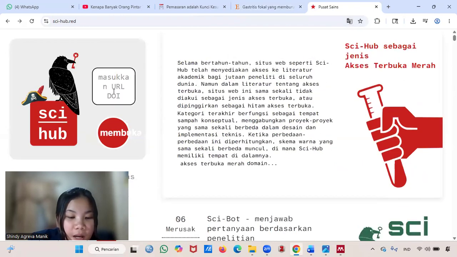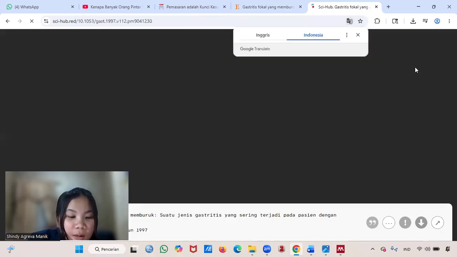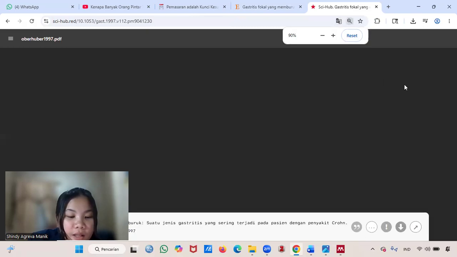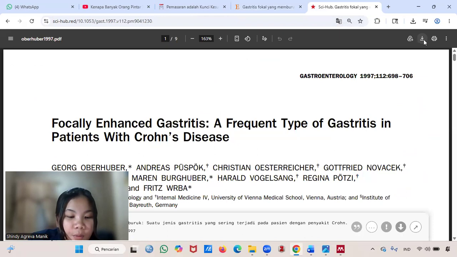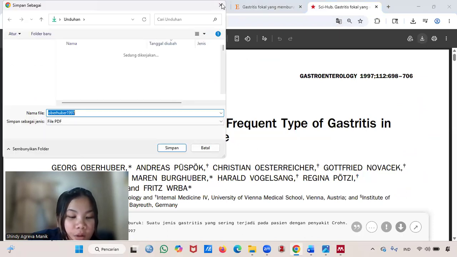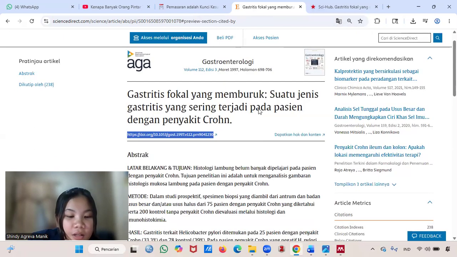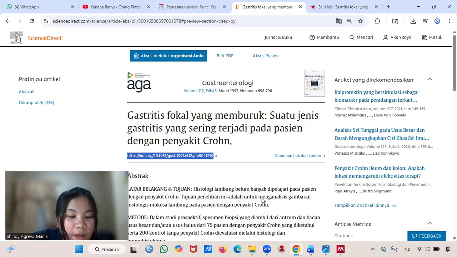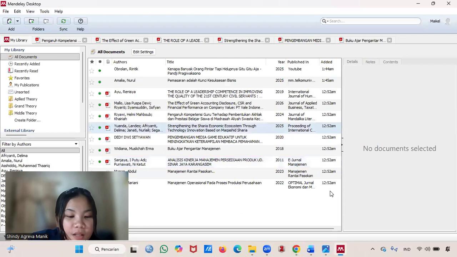Once the PDF is available, you can download it and upload it to Mendeley using the add file method we discussed earlier. By combining RIS or BibTeX for metadata and Sci-Hub for the documents, there is no need to miss out on high-quality references just because of access issues.